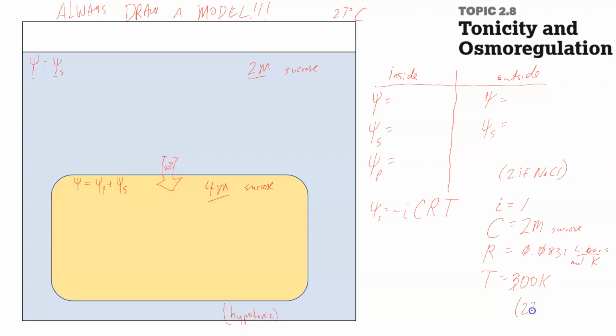This is 27 degrees Celsius plus 273. You calculate Kelvin by taking your Celsius temperature and adding this number. So 1 times 2 times 0.0831 times 300 is going to give us our outside solute potential. So go ahead and pause, calculate that. I'll do the same, and then we'll come back and see what you got. So this solute potential you should have gotten for this is negative